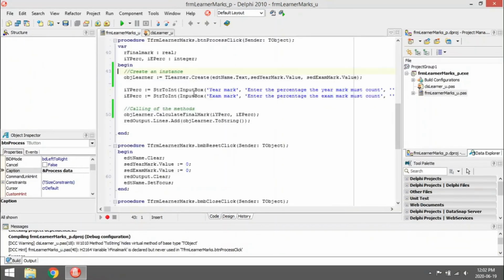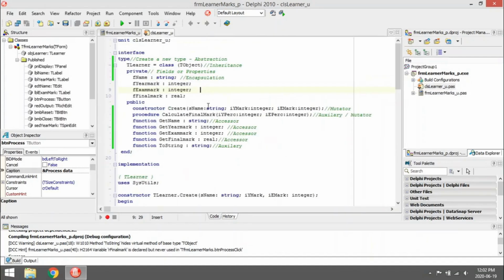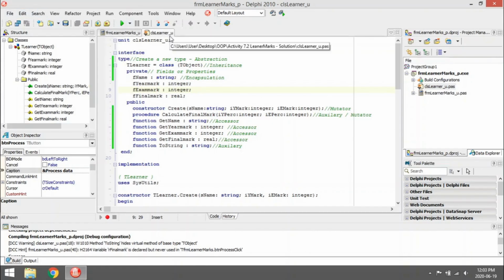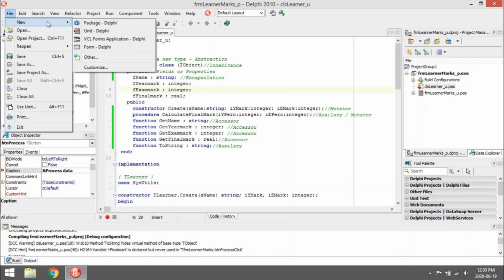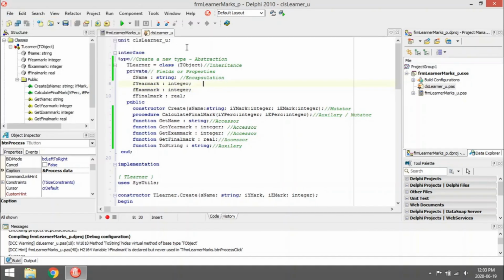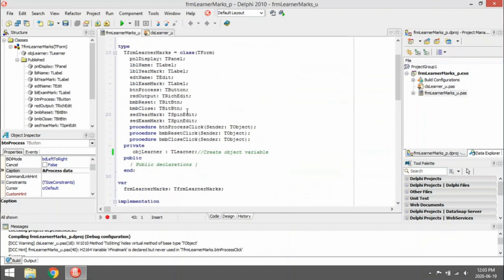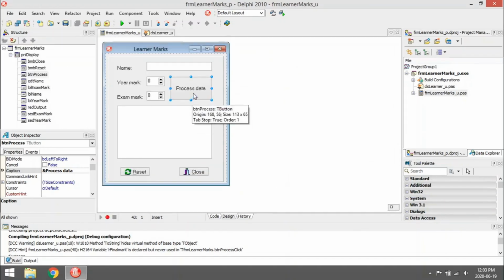Okay, but the main purpose of this program is that I can show you how the class and the object will work. So to create a new separate unit, let's say you don't have it yet, you just go to File, New, then you can add a new unit. In the new unit, or unit 2, we usually declare our class. In unit 1 is where all the coding for your GUI will be, and where you will declare your object, create your object and free your object.